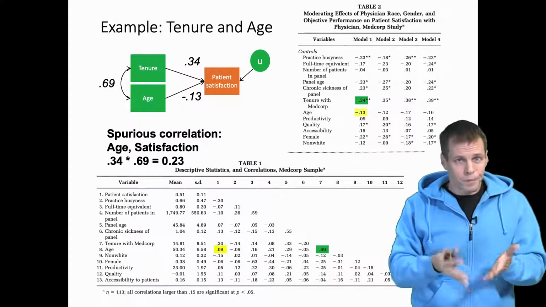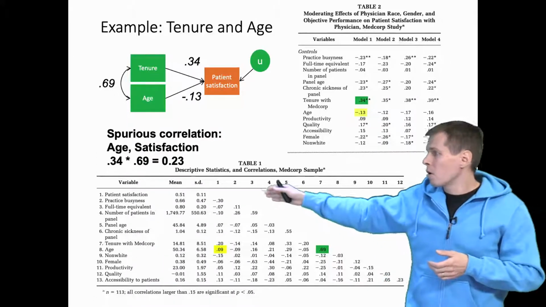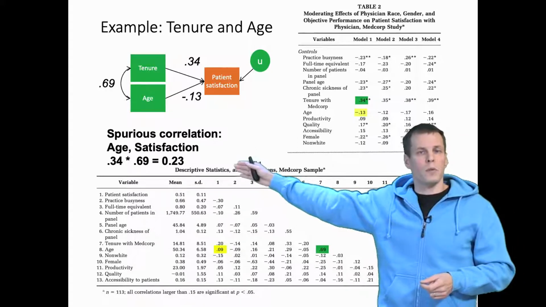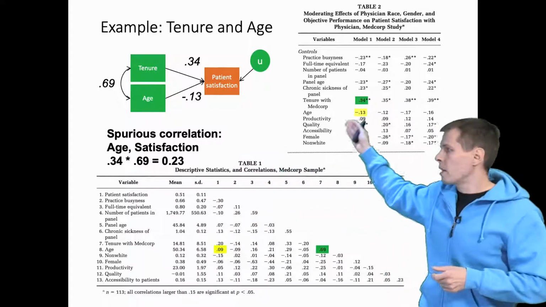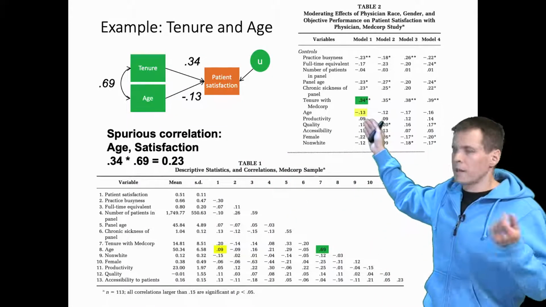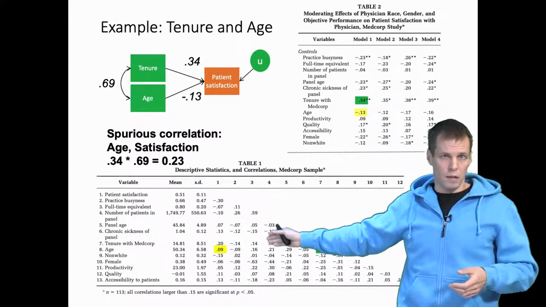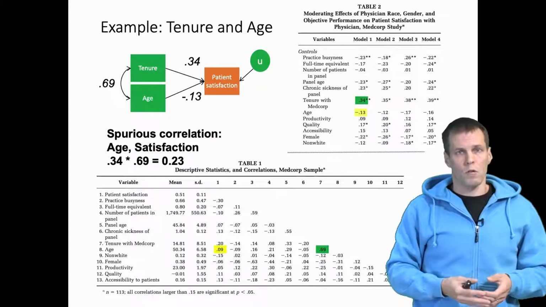And we can do this for all other variables, but if we simply compare this 0.23 here, the spurious part of the correlation between age and customer satisfaction, we have the estimated causal effect. We take a sum, we get pretty close to the observed correlation of 0.09. Of course, there are other variables that also can cause a spurious correlation, but this is the most